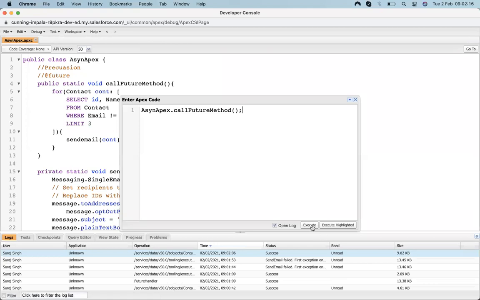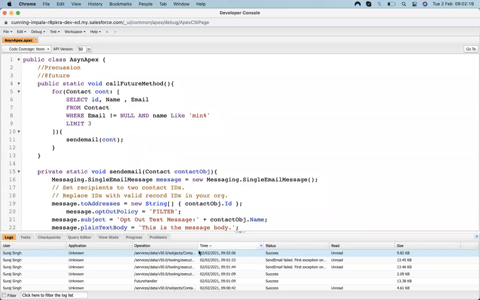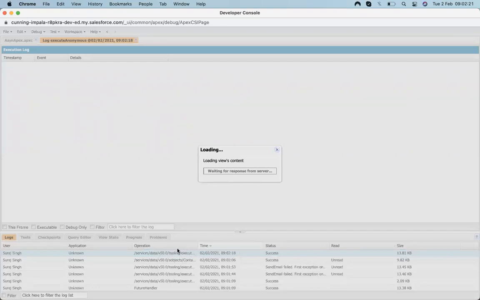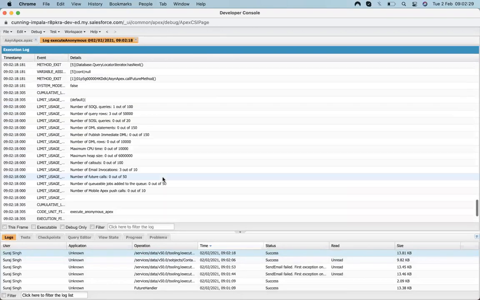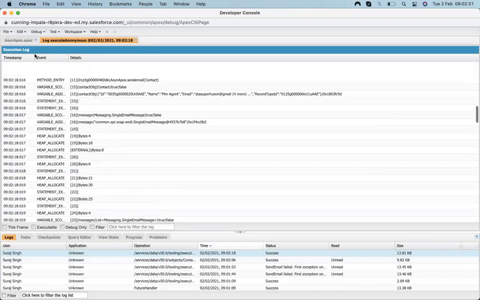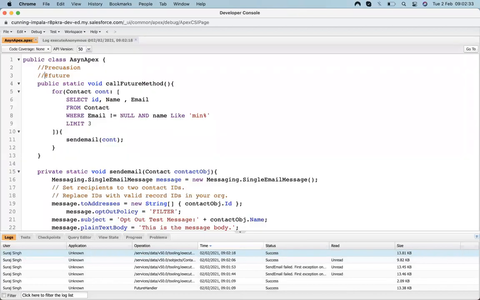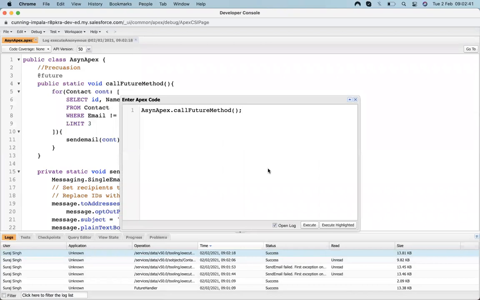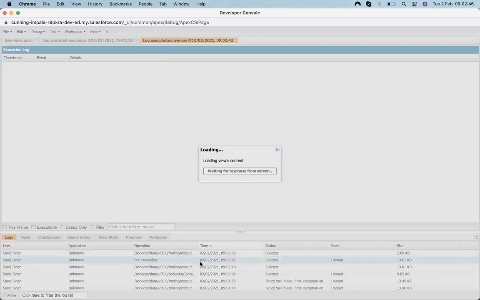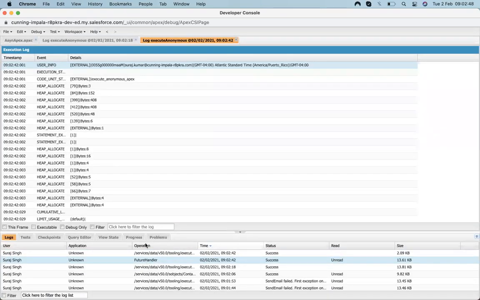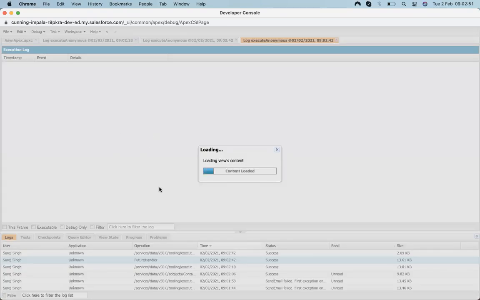Okay, now when I execute without the future handler, it's executing in a single line. You can see that it's running in a single thread, and executing and finishing the job. But when I use the future, at that moment it's not running in a single thread. The thread is changed. Now two methods are executing at the same moment, one parallel to another. You can see the future handler is also showing up here, running parallel along with this.